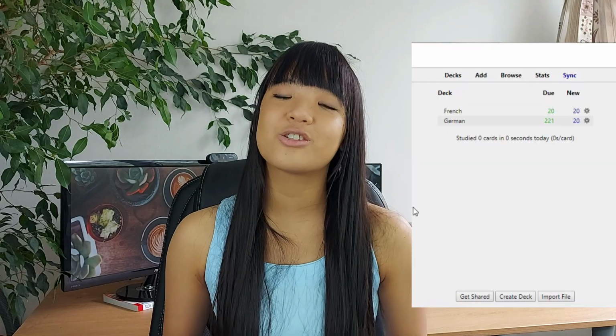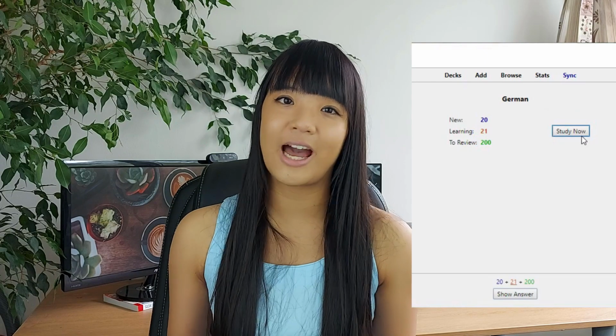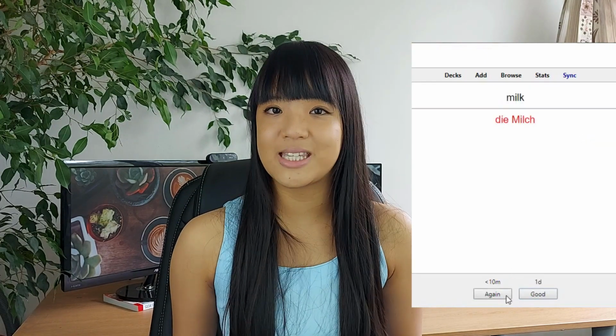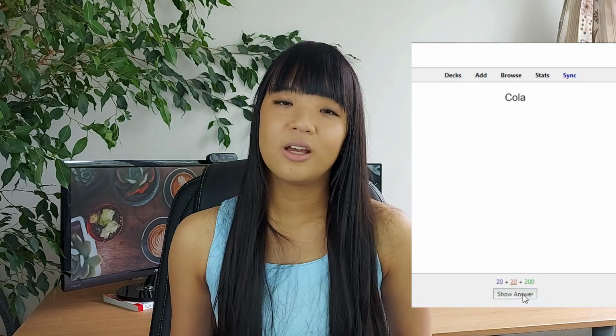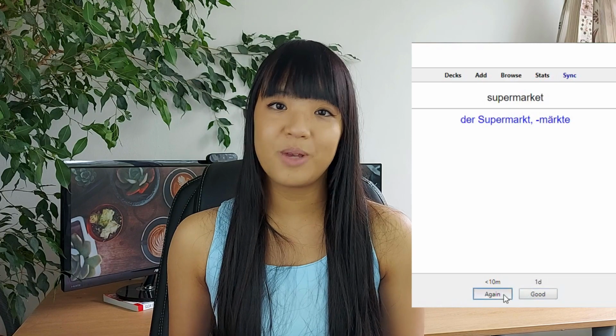You can input cards just as if you would with a paper-based method, but then it takes care of all of the scheduling for you. So you only need to review the cards that it gives you that day. You don't have to worry about counting them. You don't have to worry about sorting them, because you will be saying whether you answered that correctly or incorrectly, if it was hard, easy, or medium.